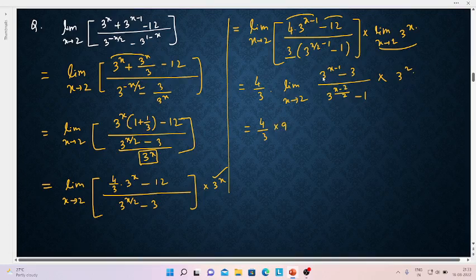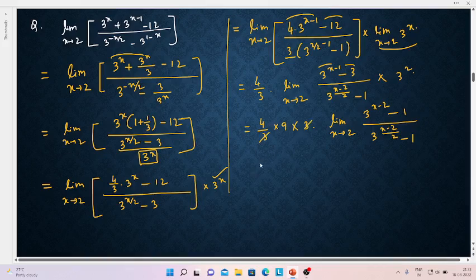And here you can see we can take 3 common from these 2 functions, right. So if I take common 3, then we will have limit x tending to 2, 3 to the power x minus 2 minus 1 upon 3 to the power x minus 2 by 2 minus 1, right. So here you can see 3 will be cancelled out, 4 times 9 will be 36, right. 36 times limit x tending to 2,